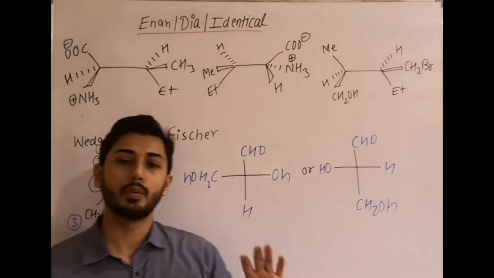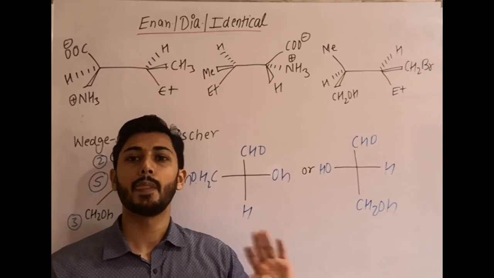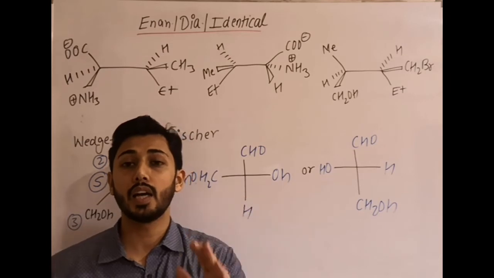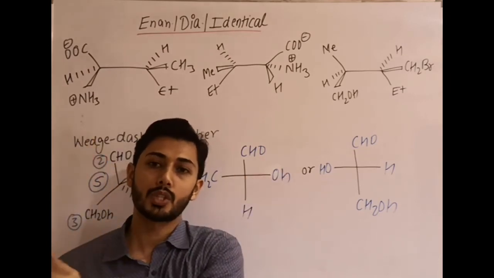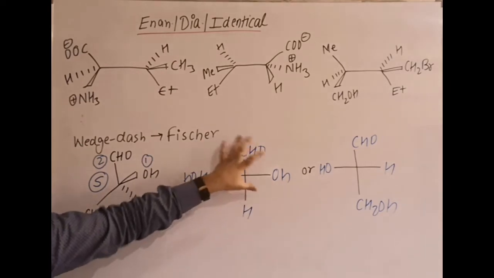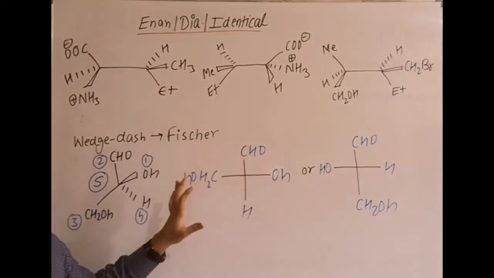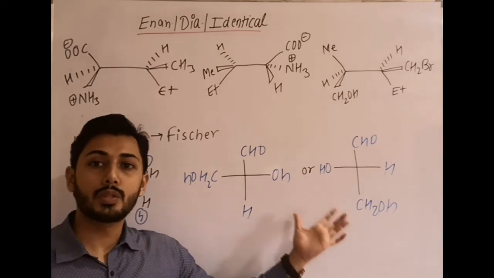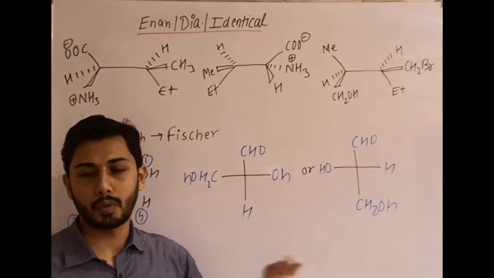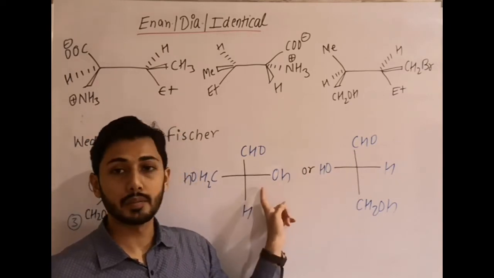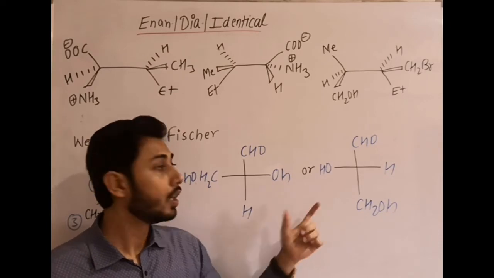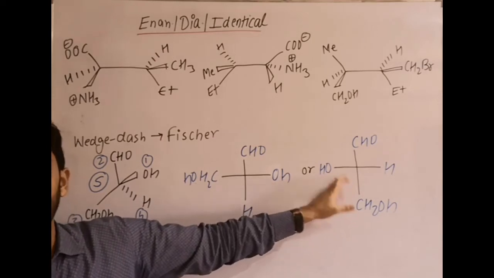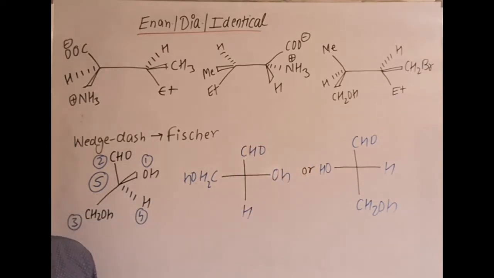Other methods are there, whatever is convenient to you, you can do that one. The answer remains the same. For each center, if you find RS, then this RS should match with the Fischer projection also. So we arrange the atoms or groups in such a way that the configuration remains the same. If the question asks which type of relationship is between them, whether identical or enantiomer, because diastereomer is not possible with one chiral center. Although they look different, they have the same configuration, S here, S here. They are identical compounds, right?